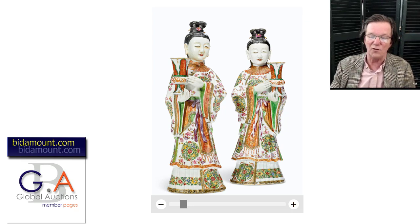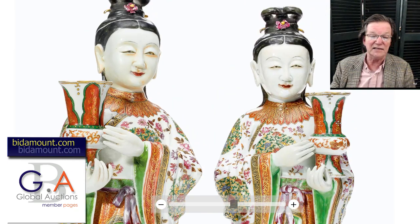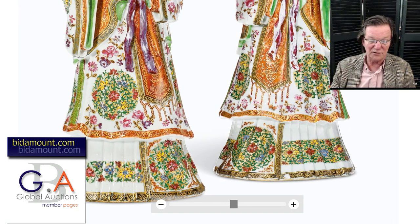Well-known export form, but not common. These are very rare. The colors on this looked really good overall. If you pull it in, you notice there's very little wear to the enamels. Great detail in the eyes. Then you have this thick black hair they put on them. And then these two beautiful, again, gu-form vases and so on. But overall, these look to be in wonderful shape. Okay, there's a tiny nick there, which is not unusual. It's in the black part. At any rate, they brought